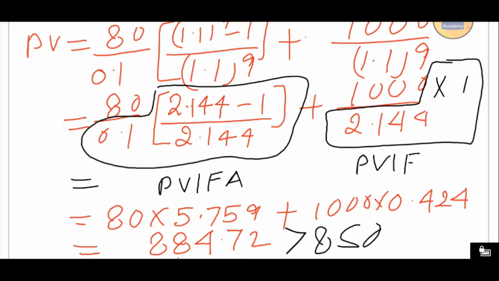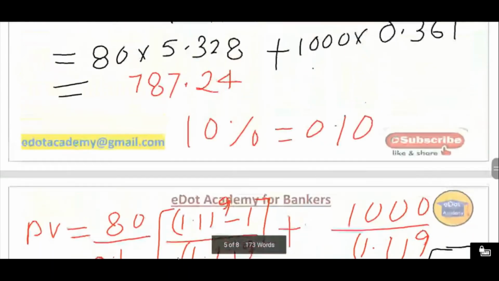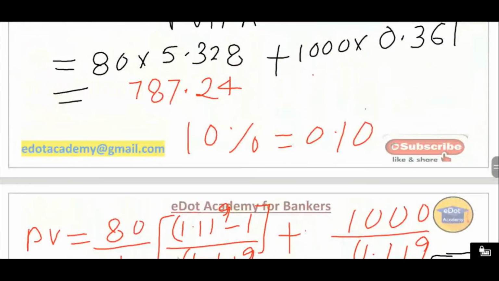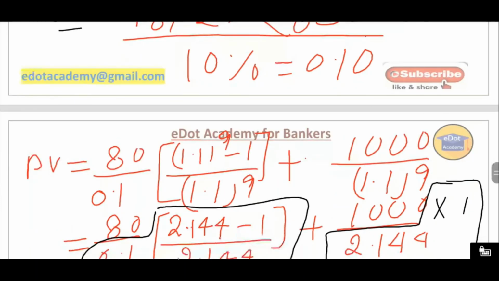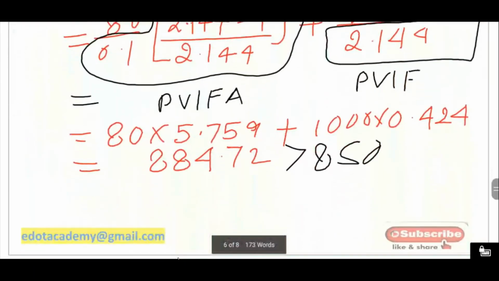And the previous value when we took 12%, हमारा कितना वैल्यू आया 787. That is less than 850. इसका मतलब ये हुआ कि हमारी जो YTM है वो 10% to 12% के बीच में लाई कर रही है. So now we are going to use one method called the interpolation method. Means हमें exact value निकालना है. अभी हमने हिट एंड ट्रायल किया, हमने पता किया कि हमारी वैल्यू इसके बीच में लाई कर रही है.